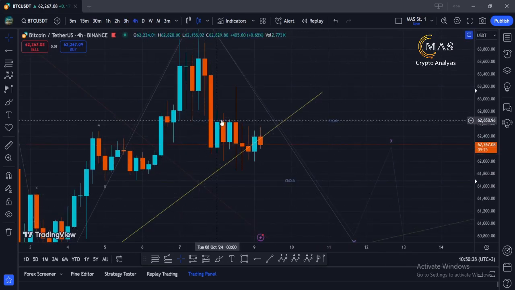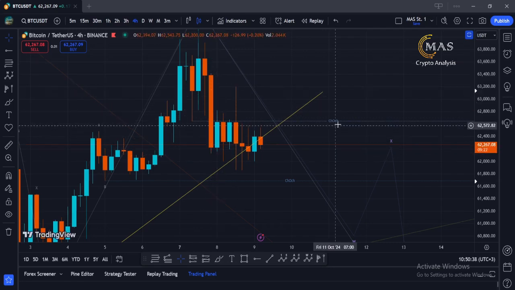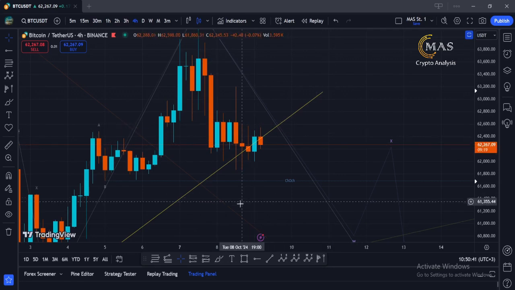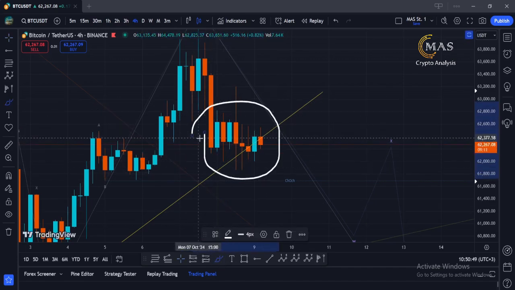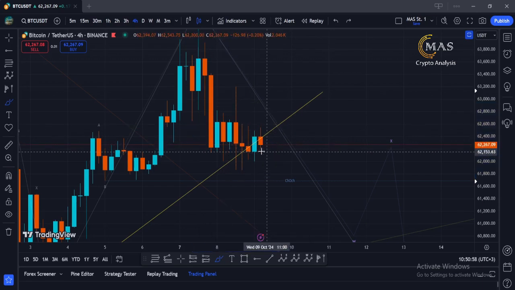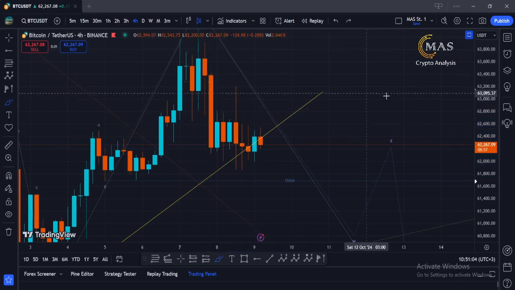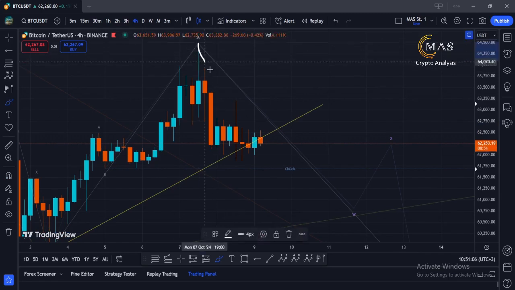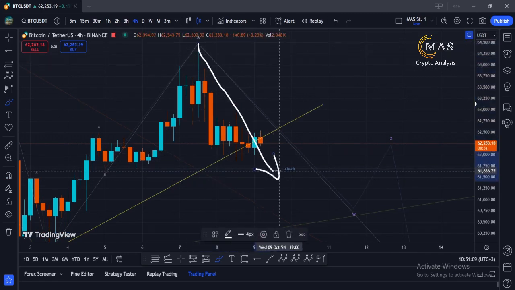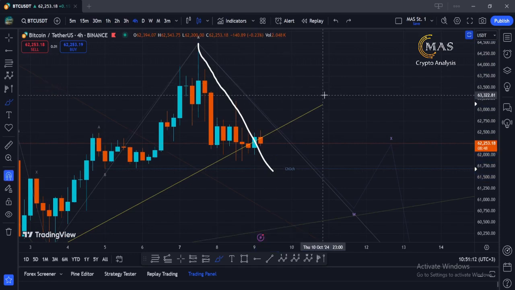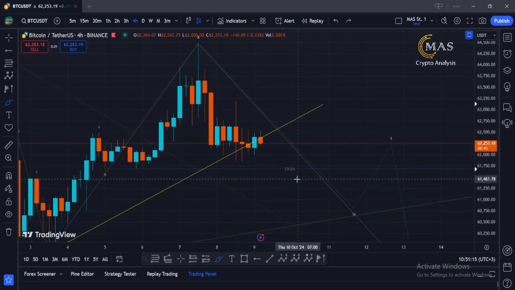After breaking this change of character with this body, we watched this shallow correction here. I will remove it, and also I can see more red candles here. These red candles are higher than the green candles here, my friends. So I can see the sellers here are higher than the buyers. So I can see we will go for the bear direction against the bull direction. So I am waiting to see us go down here, my friend.